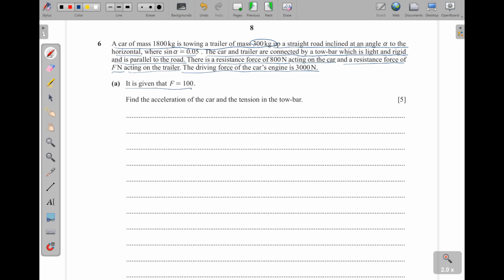Part A is given that F is 100. Find the acceleration of the car and the tension in the tow bar. Again, we are going to draw a diagram here, and then we put all the forces that are acting on these two particles. So if this is my inclined plane, and then I have, maybe this is the horizontal, then